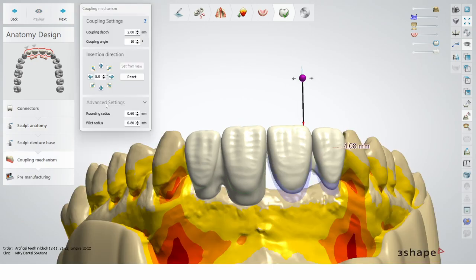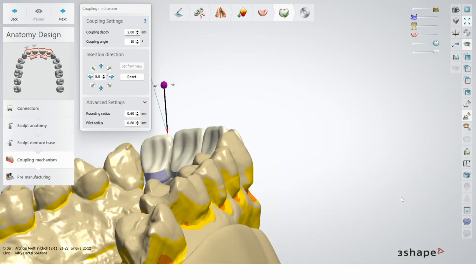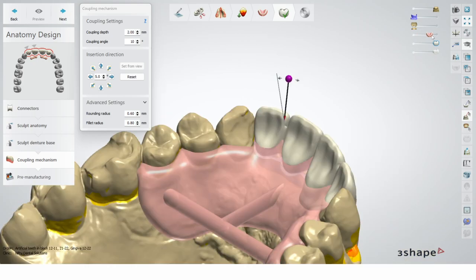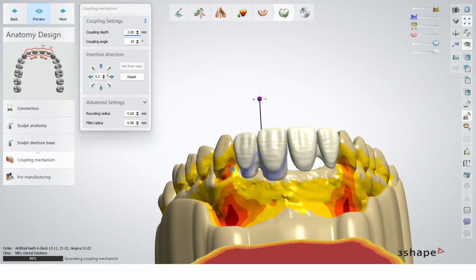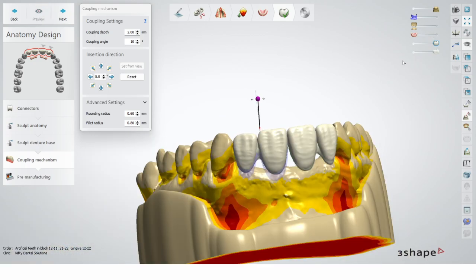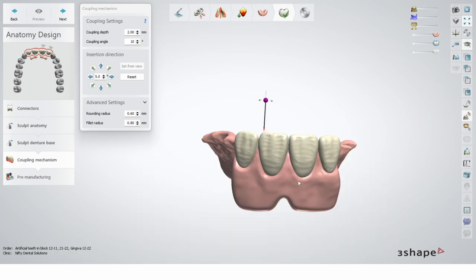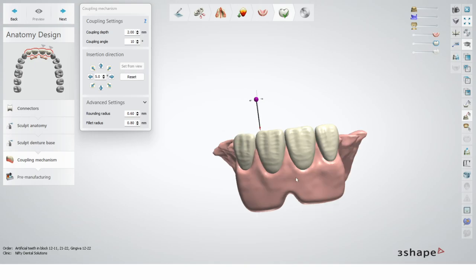Be sure to always remove the denture base, because sometimes there are some spikes or something that is a bit dragged, and that will be a problem when you print it. You go next, you do the next segment, and it looks quite alright. Let's have a look as well if the teeth are being kept from the gingiva as well. And yeah, this is a nice denture now, ready to go.